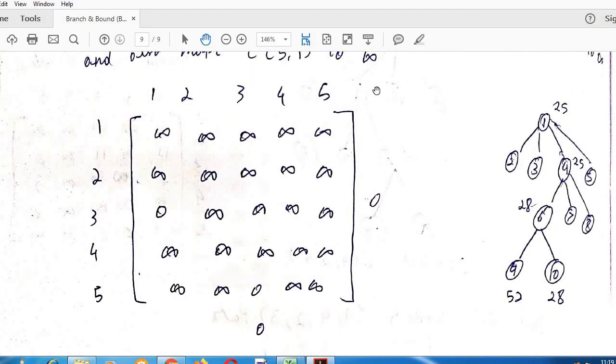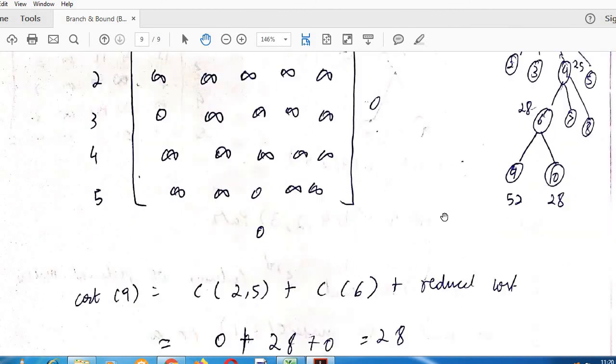If you perform row minimization and column minimization, since most of the row and column elements are infinity, you can see I am getting a minimum value of 0 at the third row, and a minimum value of 0 at the third column. In the remaining rows and columns, it's all infinity. As I told earlier, if all the values in a particular row or column are infinity, we will not find the minimum value for that.